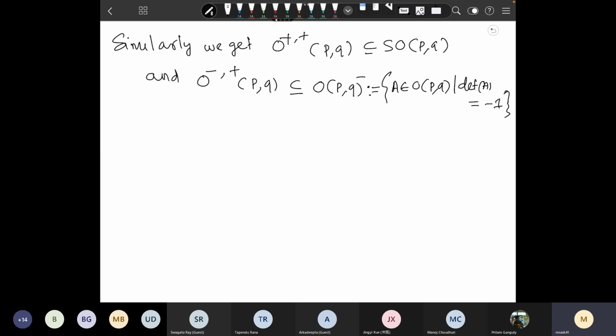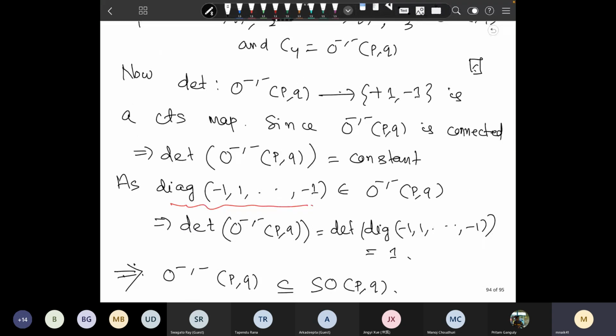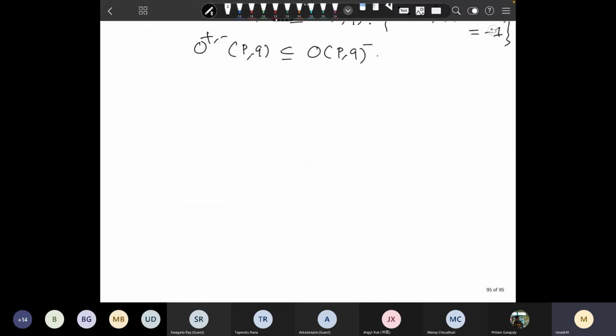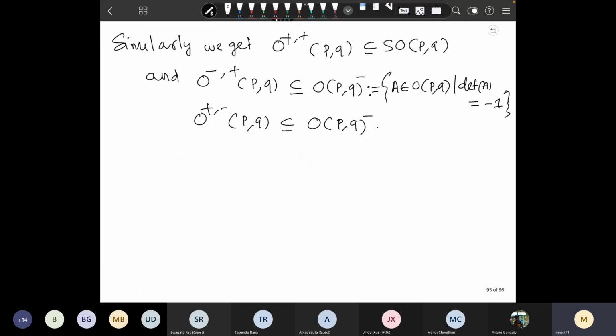This is the definition of O(P, Q) minus, and O plus minus (P, Q) is contained inside it. So from the first fact, O minus minus (P, Q) is contained inside SO(P, Q), and so I get